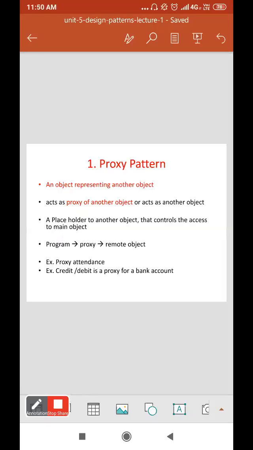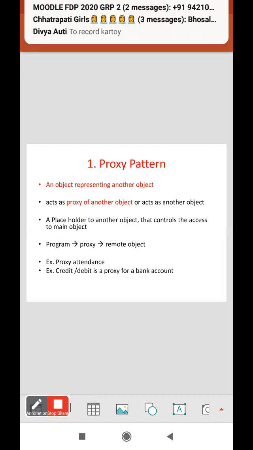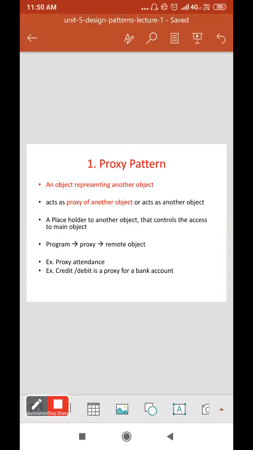So the first is the proxy pattern. An object representing another object is nothing but the proxy. Just like when you use a proxy, it is the same proxy pattern.